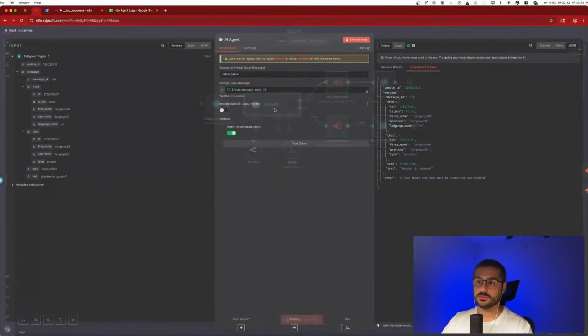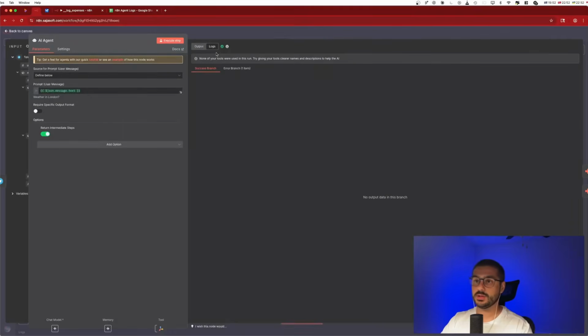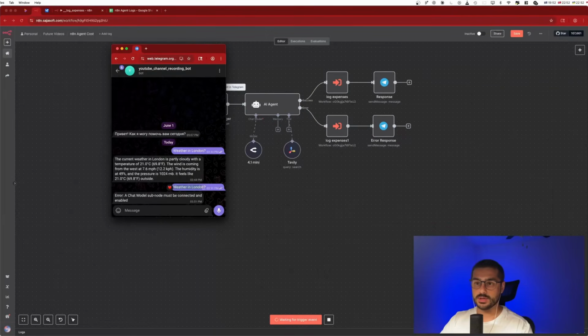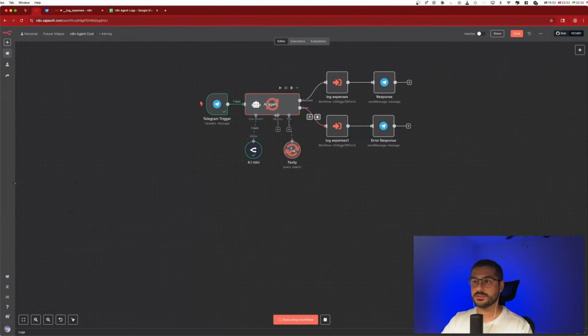But of course, for this to work for you, pay attention. I added return intermediate steps here. In other words, I asked the AI agent node to return the intermediate steps. And so here, if we go into the logging, well, we won't actually see it right now, right? So let's reconnect and run it again. Running. It responds, logs. Okay, all the intermediate steps are enabled.